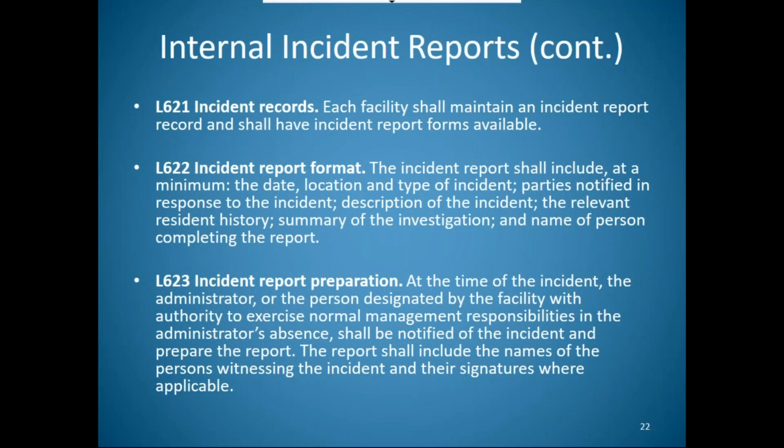You will find a lot of times that the administrator has chosen to designate the DON or the charge nurse, whoever happens to be in the facility at that time, to be the authority, and any staff member, your CNAs, anybody should bring any incidents to that person to get the investigation started. A lot of times the administrators, whether they're there or not, will have the staff call them just to inform them that there has been an incident so that they are aware of what's going on in the facility. Same goes for the DON too.